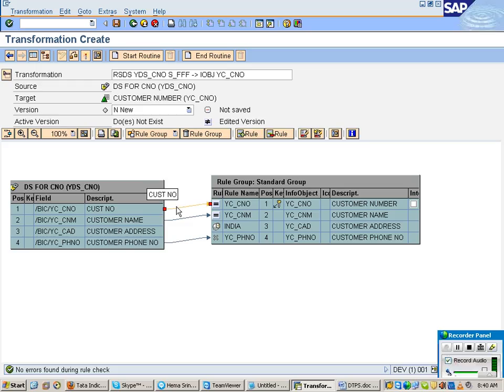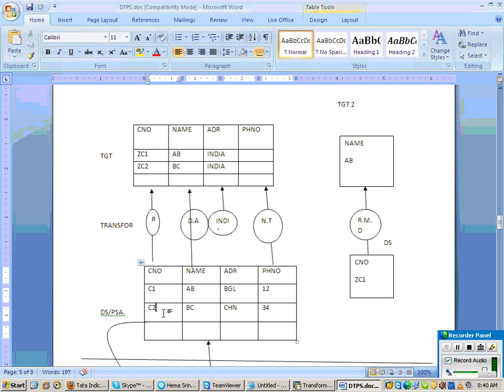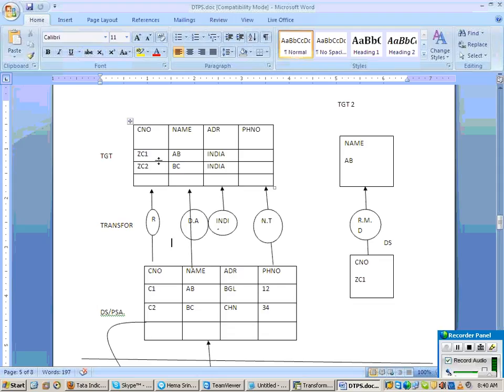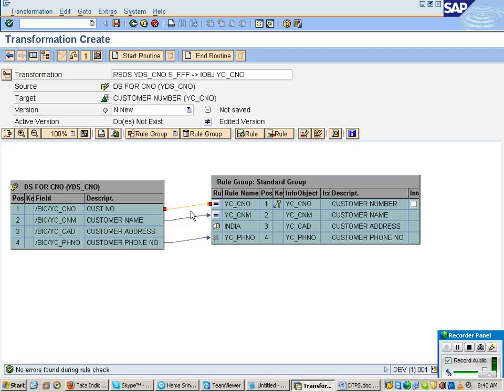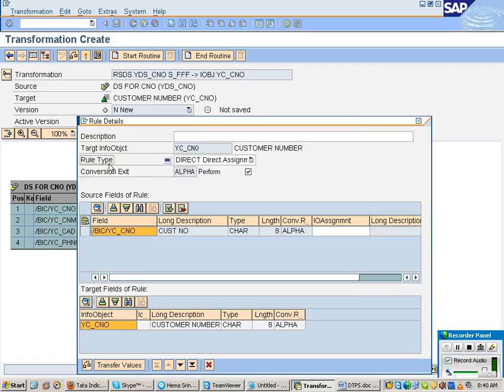Yes. So I have data in the source as C1, C2. It has to read C1, C2, but while loading it has to put it as, that means actually data is coming from where? From the source only. For that I need to apply some logic. Should the line be there? Yes, because I have to read it from my source. Then double click on customer number, and what is the rule type I am going to select now? Rule type is routine.